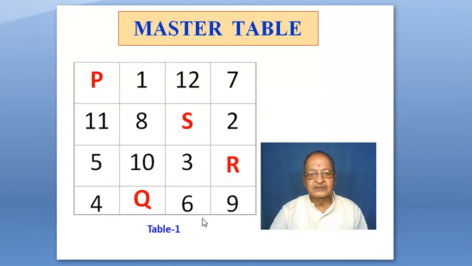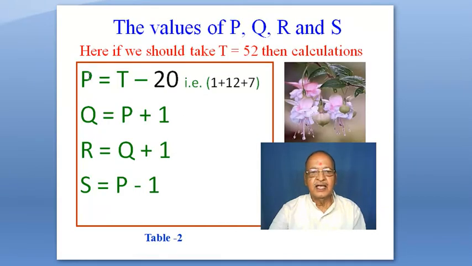Now how to calculate the PQRS? Suppose you or your friend take some number, say 56 or 96 or 27. No, not 27, it is less than 34. You will get negative numbers, it will work, but take more than 34, say 47. You can take any number. I am taking multiples of 4 for my two examples. It will be easy for us. Now, the next step is how to get the values of PQRS.